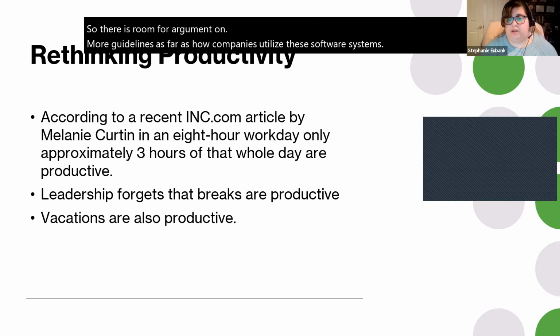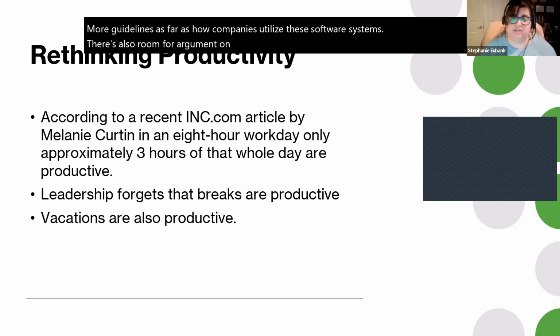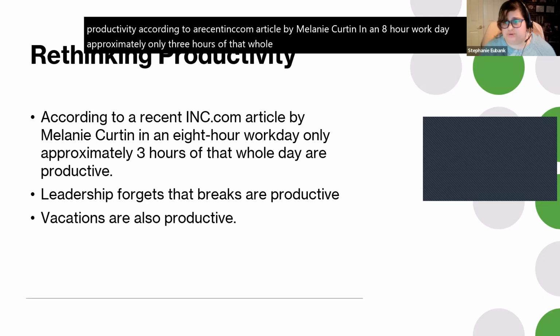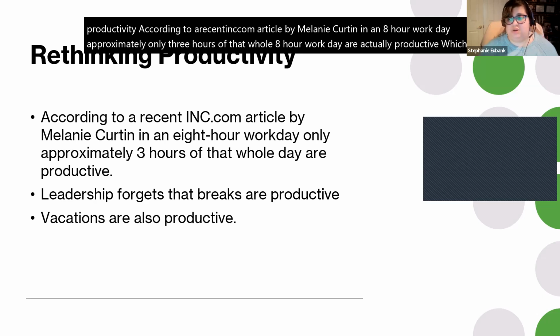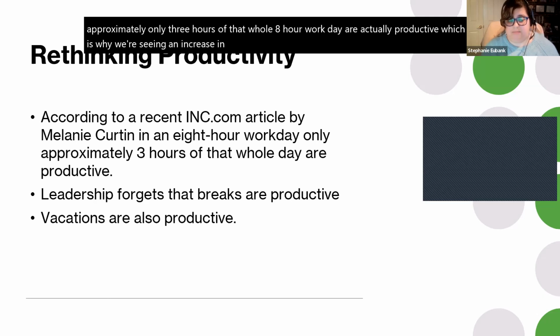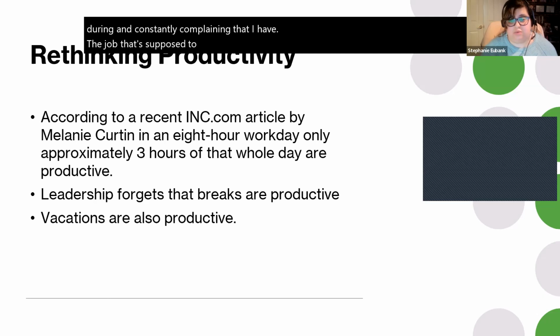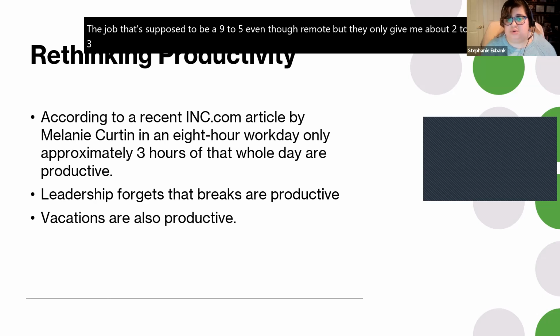There's also room for argument on companies and the business world entirely rethinking productivity. According to a recent Inc.com article by Melanie Curtin, in an 8-hour workday, approximately only 3 hours of that whole 8-hour workday are actually productive, which is why we're seeing an increase in remote workers having multiple jobs at the same time, and constantly complaining that I have a job that's supposed to be a 9 to 5, even though remote, but they only give me about 2 to 3 hours worth of work to actually do